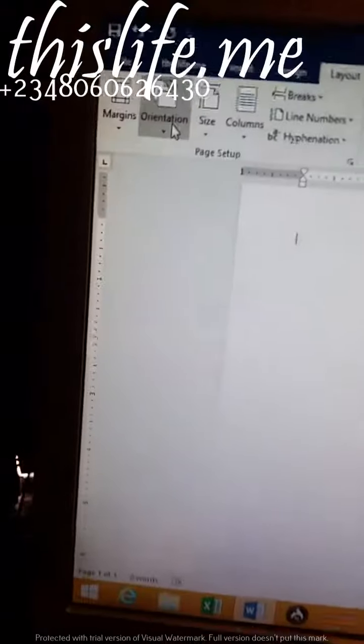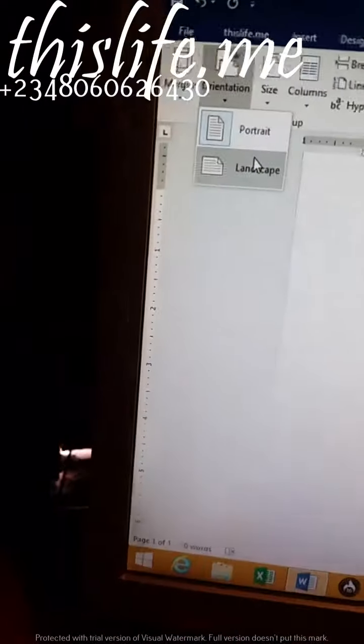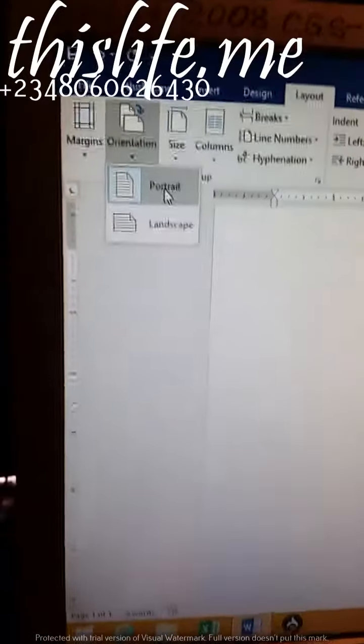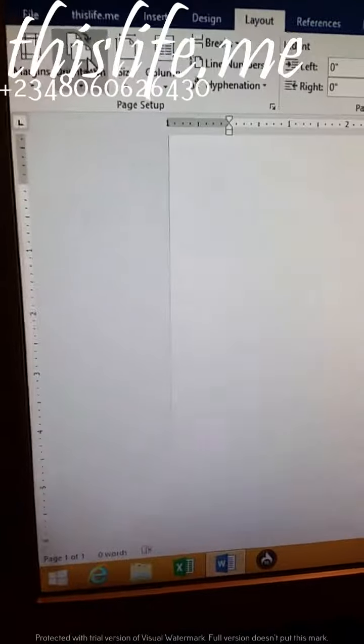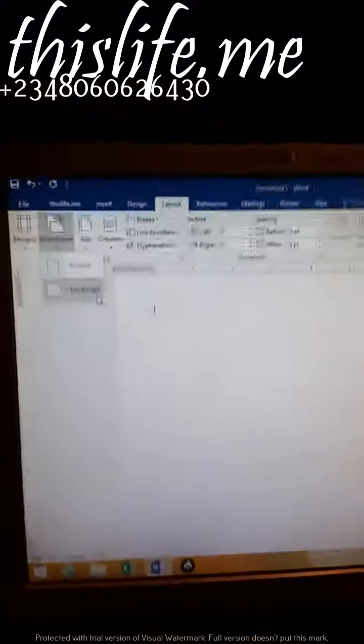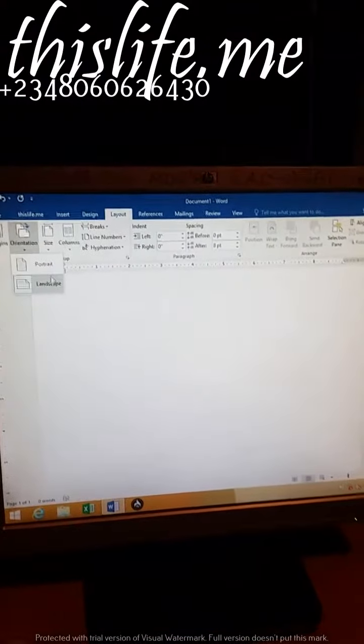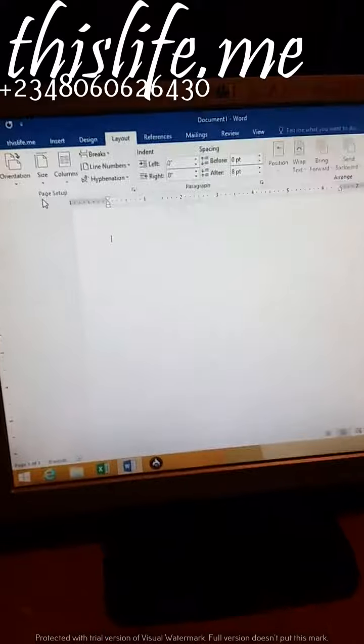Now you decide whether your document is in portrait or landscape. In this work, let's assume portrait. Now you click on Portrait. If you click on Landscape, the entire document will change its layout. When you click on Landscape or Portrait, the document will change and rearrange.